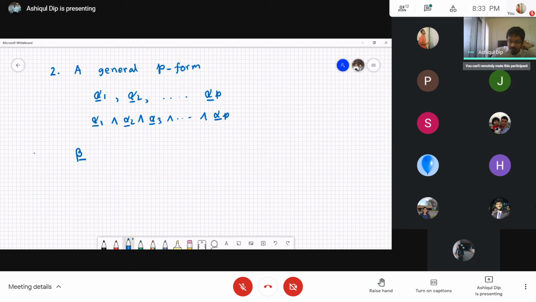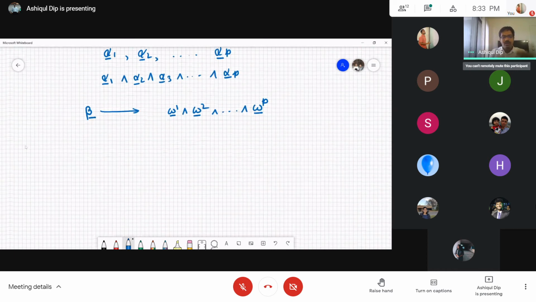Considering the basis forms, it will be omega-1 wedge omega-2 up to P number. So you are expecting P one form bases in beta. Let's start by writing a 2 form, then we'll understand what we are doing. So a generic 2 form,